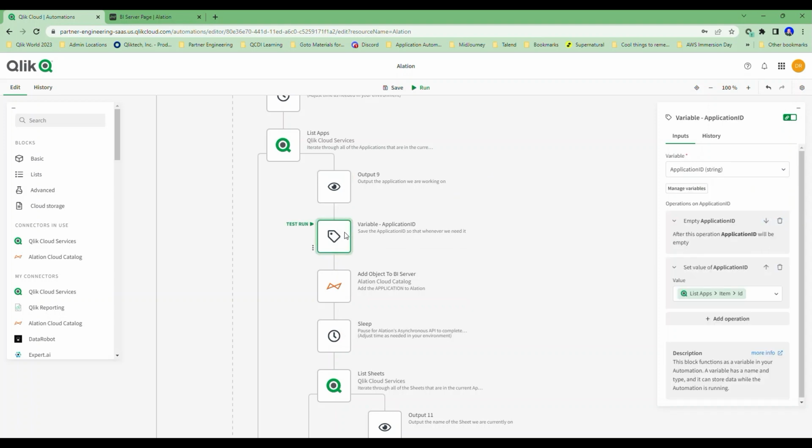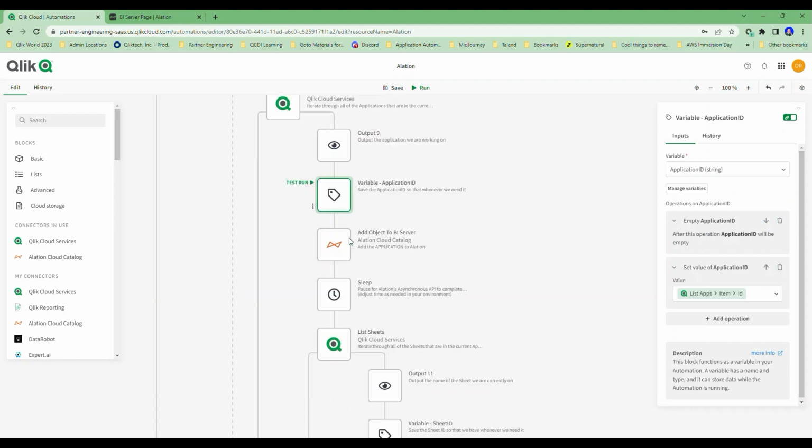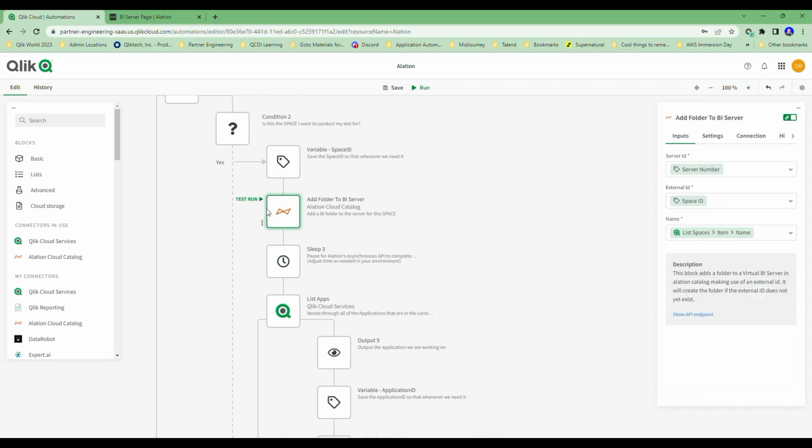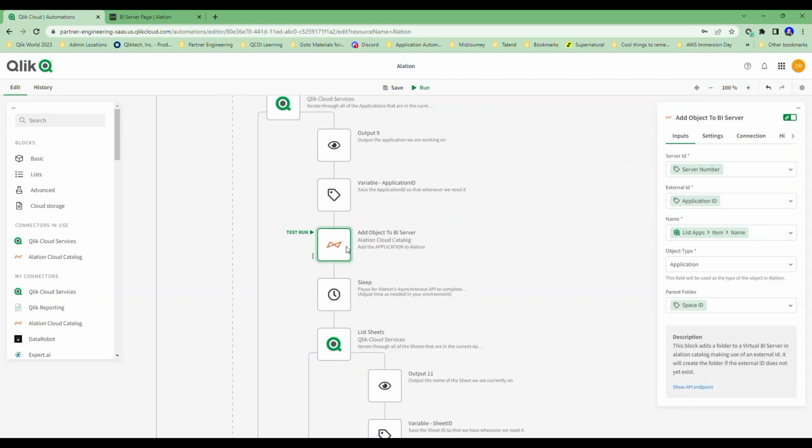As I iterate through the apps, I set that application ID because again, I'm going to need that several other places. Now you'll notice here I don't use folder, I use object. The reason for that, with the folder, as I showed you, you can have the external ID, you can have a name, but you notice I don't get to tell it where the parent is. With the object, I get to tell it where the parent is, and I also get to set my own